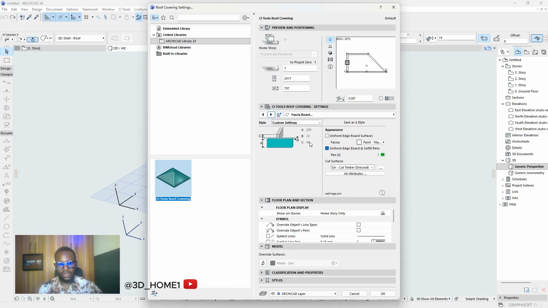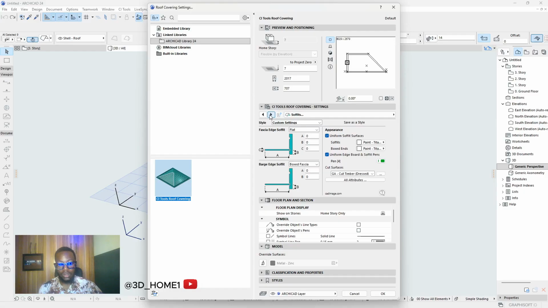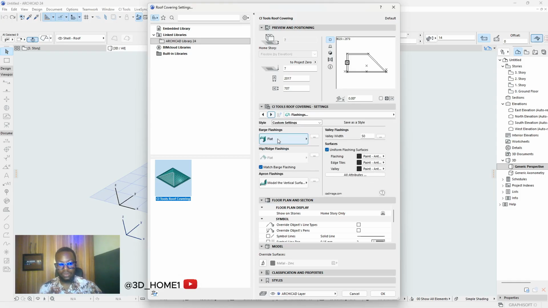And then once you add no edge board, it will automatically affect these ones, because we can't do any settings here. It will affect this one. It will also affect this one. But plus this one, for this one you have to change it to 0, 0, 0. Same thing here, 0, 0. And then next to this one,